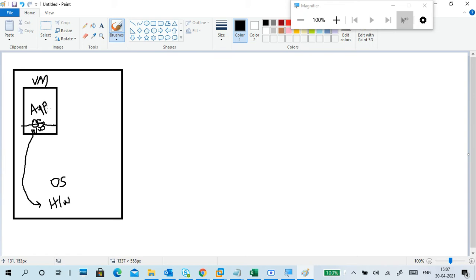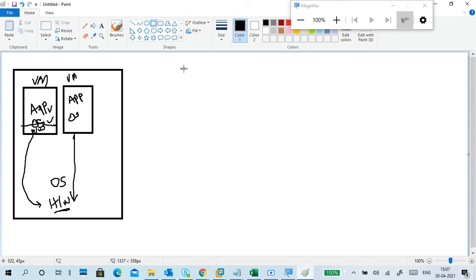To run the application and operating system in a virtual machine, both will consume more of your hardware. And if you keep running multiple virtual machines, multiple times you have to install an operating system, and run that operating system and application, and both will consume your hardware more. So that is a problem in this infrastructure.